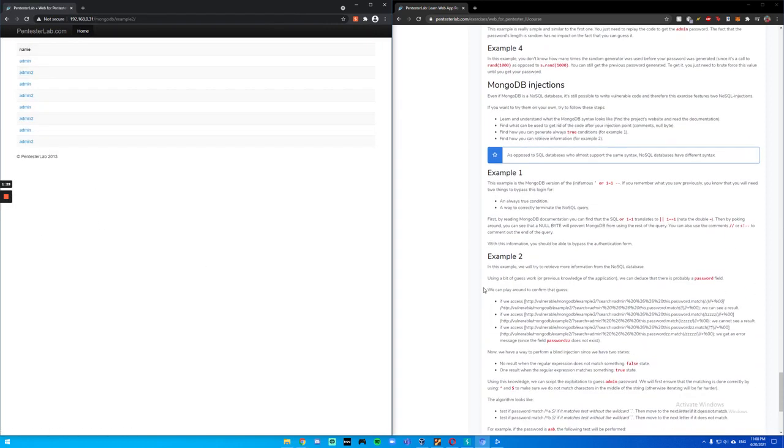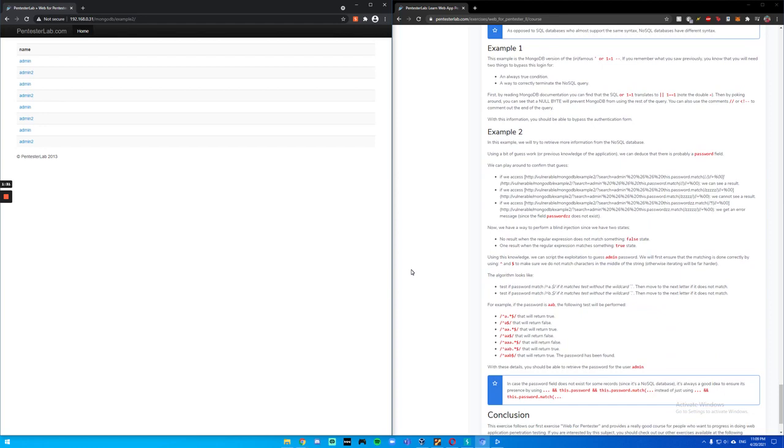Example number 2. In this one, we'll try to retrieve more information from the NoSQL database using a bit of guesswork or previous knowledge of the application. We can deduce that there's probably a password field. We can play around to confirm that guess if we access those